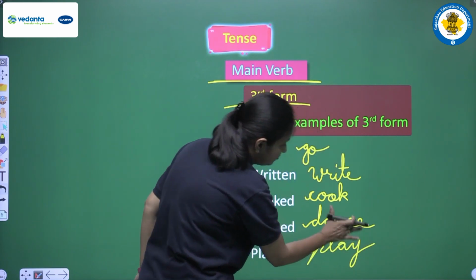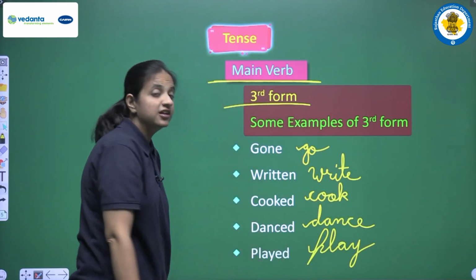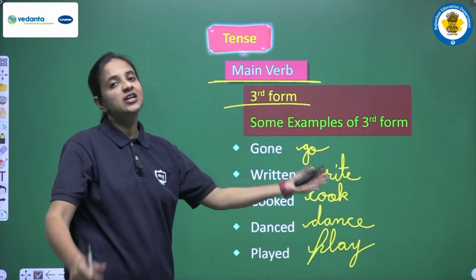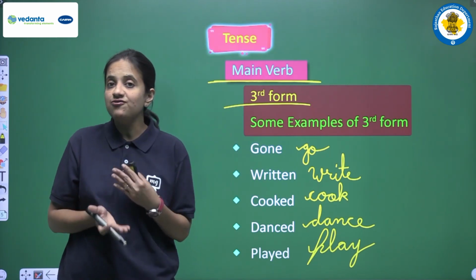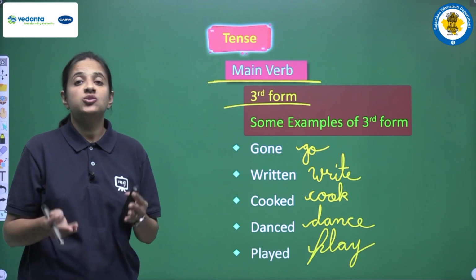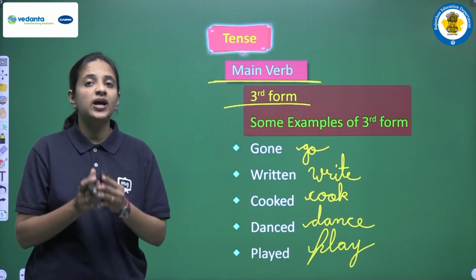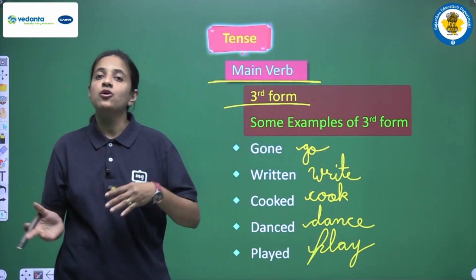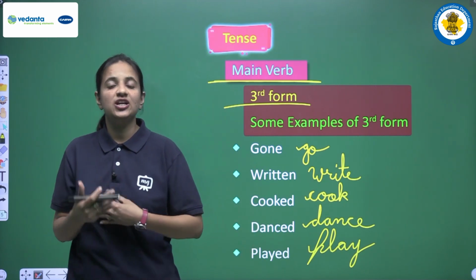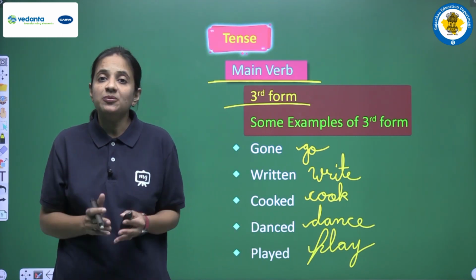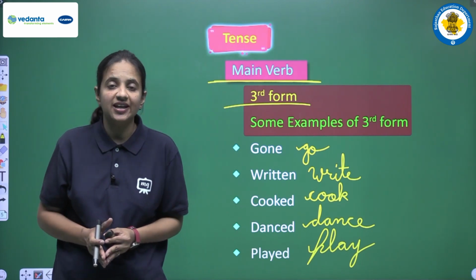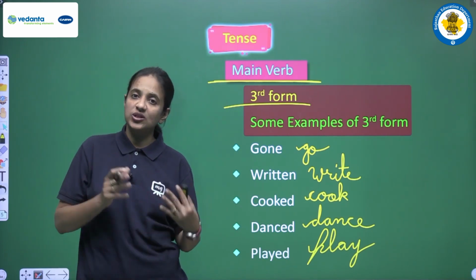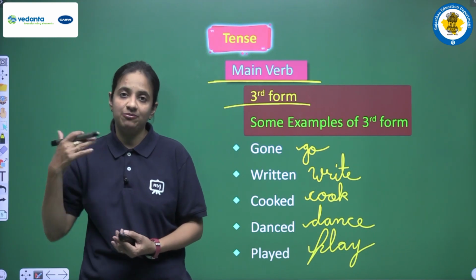So these are the first form and these are the third form of these verbs. So in present perfect tense always we use third form of the verbs, okay? So again students, this is something very important because आपको verbs पता होनी चाहिए. verbs के जो तीनों forms हैं वो आपको learn होनी चाहिए because आपको according to tense वही use करनी है. So yes, you have to learn the rules that are related with the helping verb and main verb,